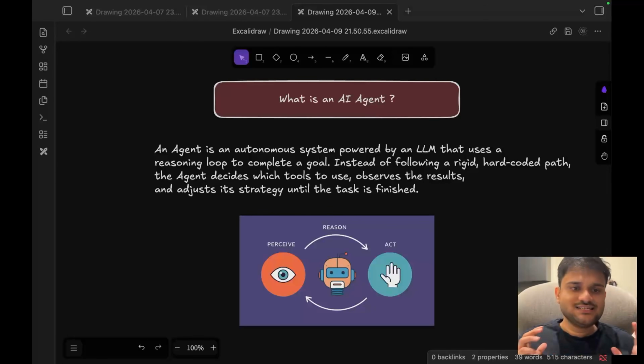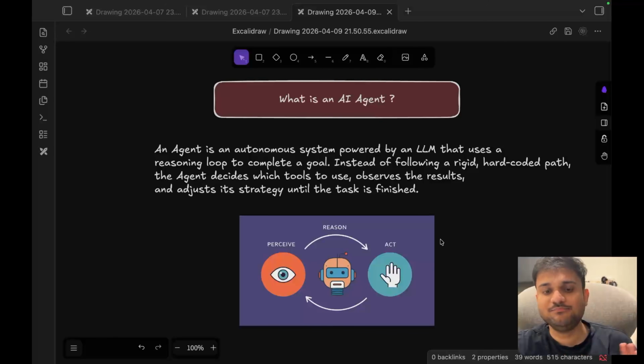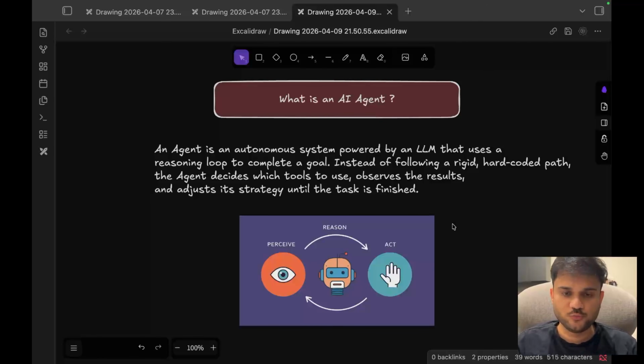Okay, so let's try to understand what an AI agent is in as simple a manner as possible. The goal should be that at any point of time when you have to start creating new AI agents, or you have a problem in hand which you feel can be solved using AI agents, then at that point of time, the simple question of what an AI agent is should be answered in a very straightforward way in your mind.